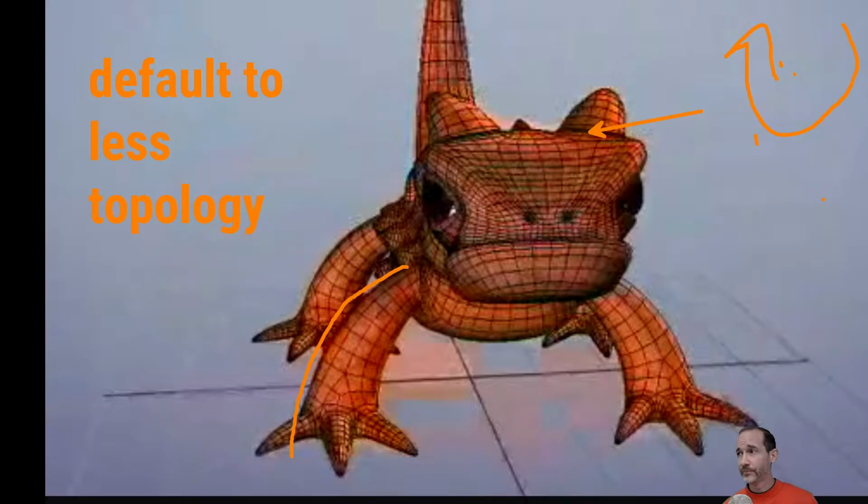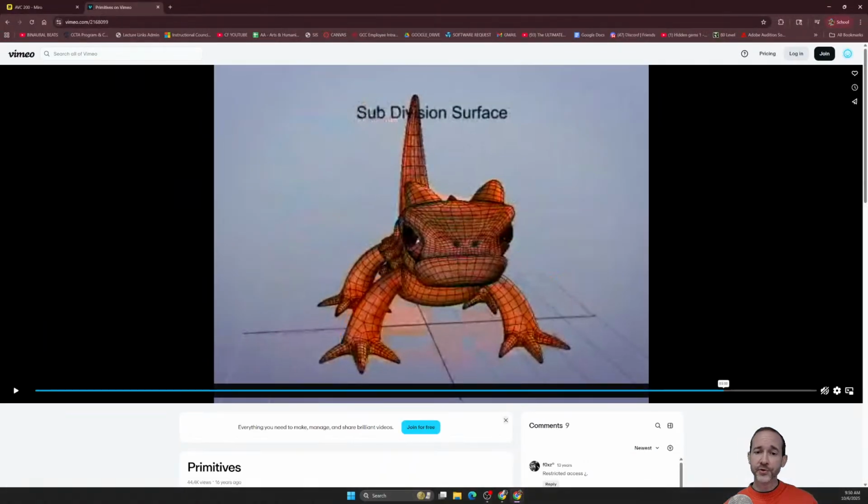So same thing here. But in terms of topology, trying to commit to less topology here, more topology is going to be smoother. And then there's the whole issue of